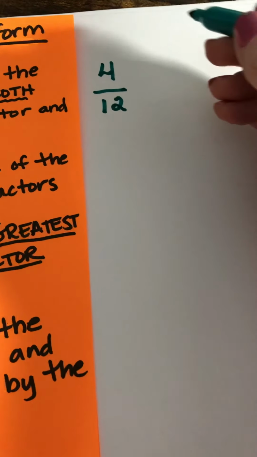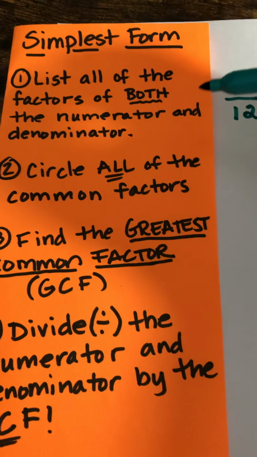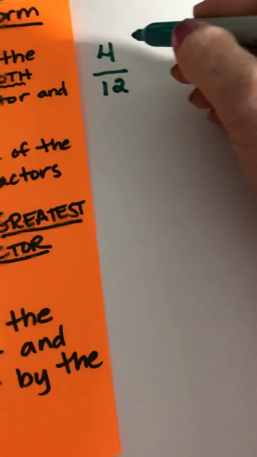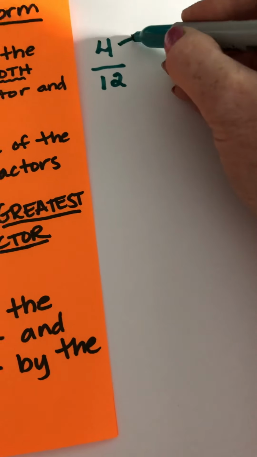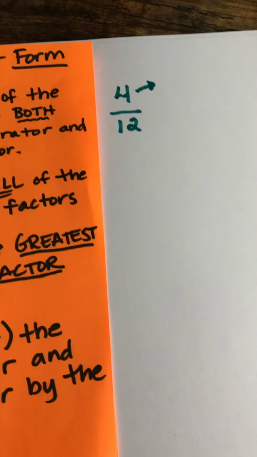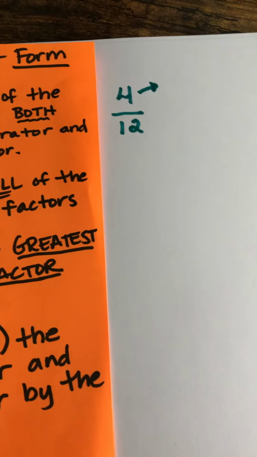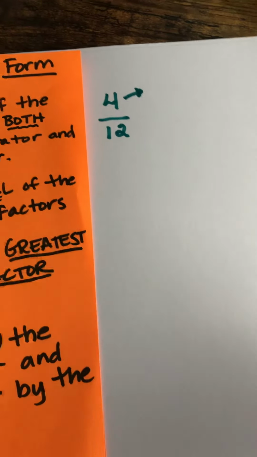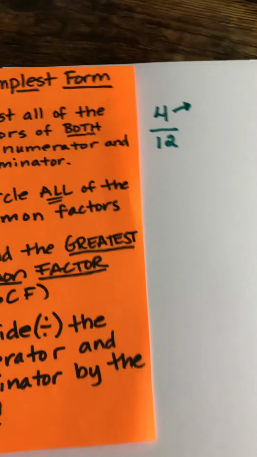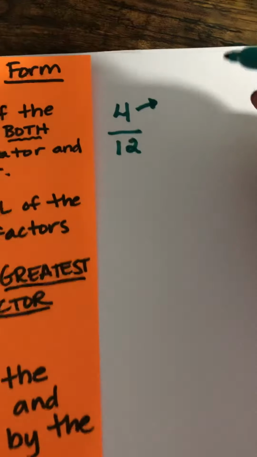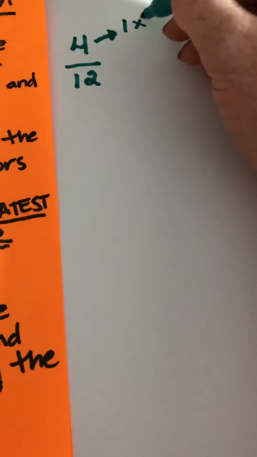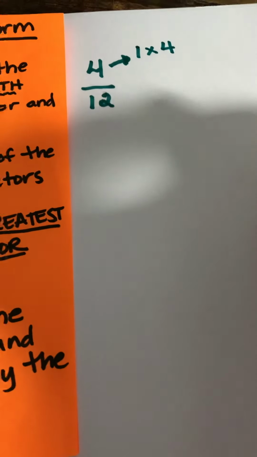All right, well, the first thing it tells you to do is list all of the factors of both the numerator and denominator. Well, we can do that easily. If we remember how to find our factors, I've always had you write your multiplication sentences, all the ways you know how to make them. I've always taught you to start with 1 times the number. Another way to make 4,